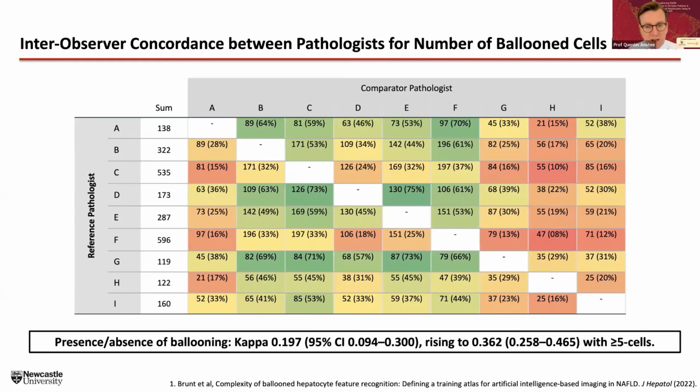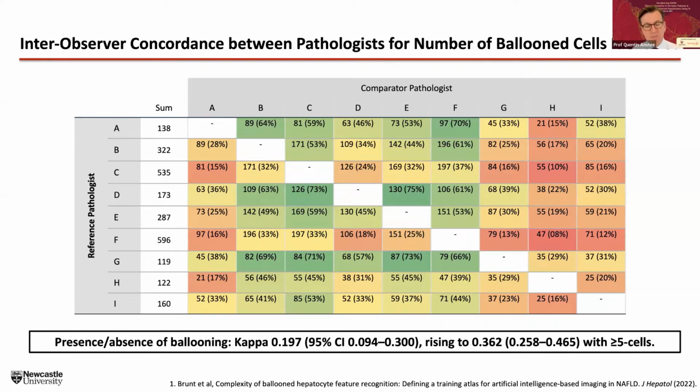But when we started to look at specifics of which cells the pathologists were actually identifying, and to look pairwise to see what degree of concordance there was, what we found was that between individual pairs of pathologists, the degree of inter-observer agreement varied anywhere from just 8% overlap in terms of identifying the same cells up to 75%. And so, as you can see here on the heat map, there were certainly substantial areas where individual pathologists were not identifying the same cells.